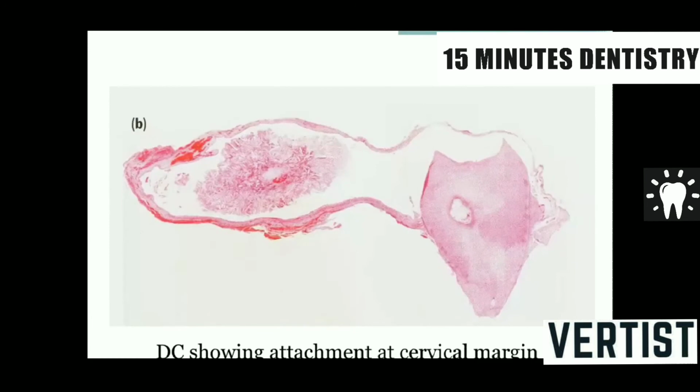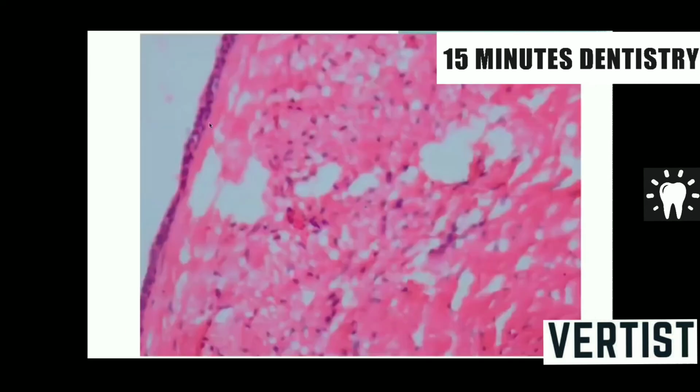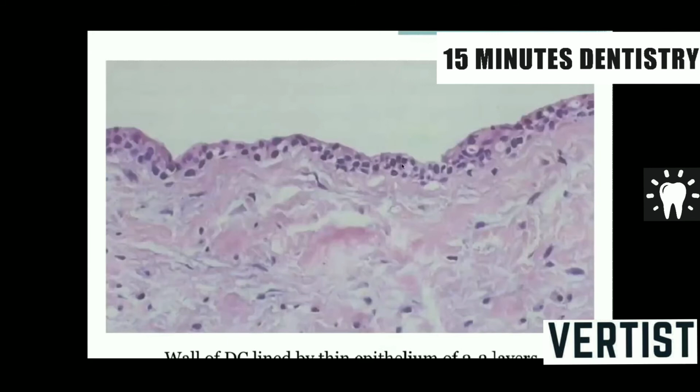The microscopic picture of dentigerous cyst is very, very characteristic. As mentioned, the borders of the cyst are always at the neck. So this is a specimen with a decalcified tooth. This is the lumen of the cyst. And see the epithelial lining, which looks like reduced enamel epithelium, very thin, just 2 to 3 cell layers thick. The epithelial lining is thin, and this is the connective tissue capsule of the cyst, which is fibrocellular. This is the lumen of the cyst.